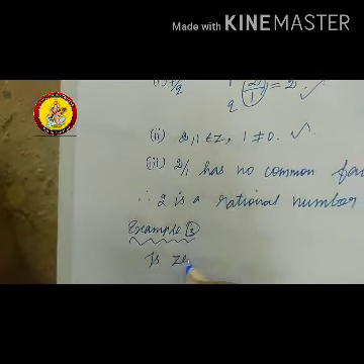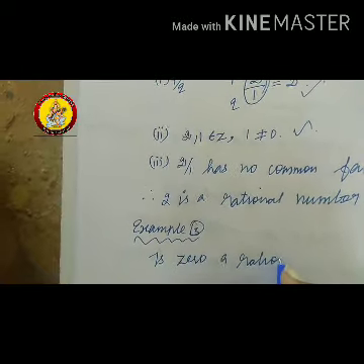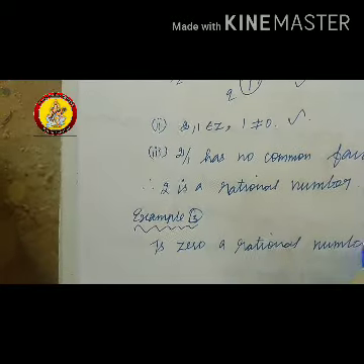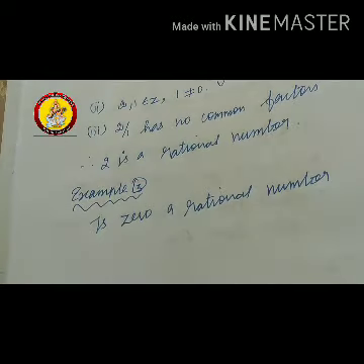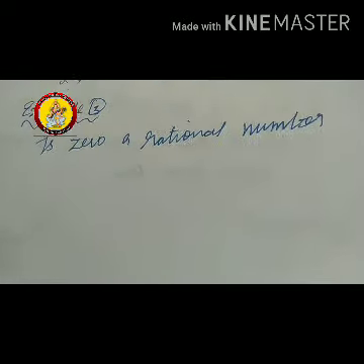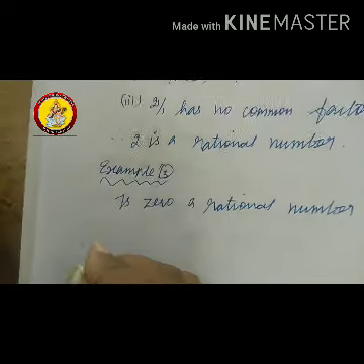Is 0 a rational number? Is 0 a rational number or not? Yes, 0 is a rational number because